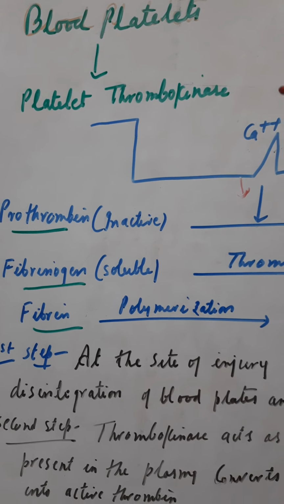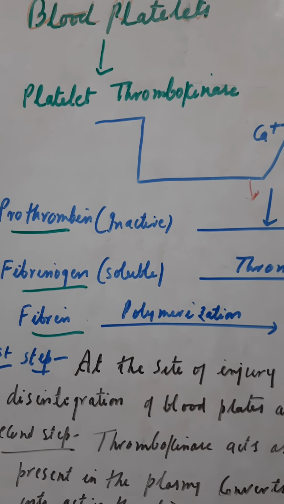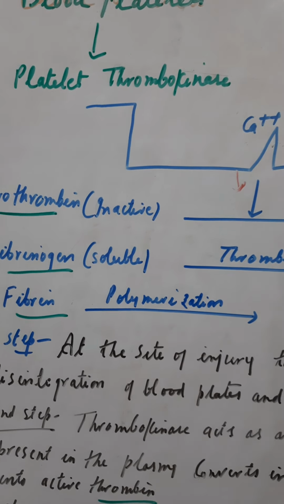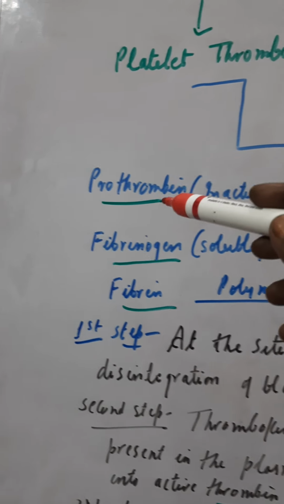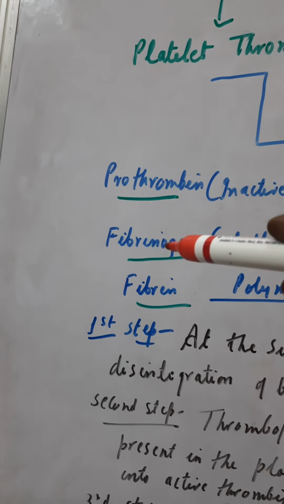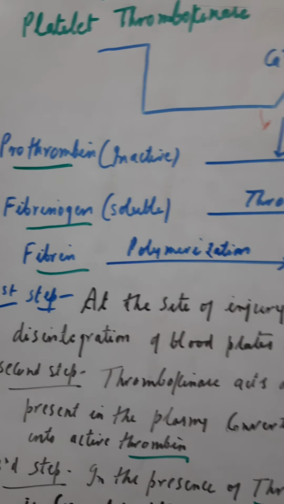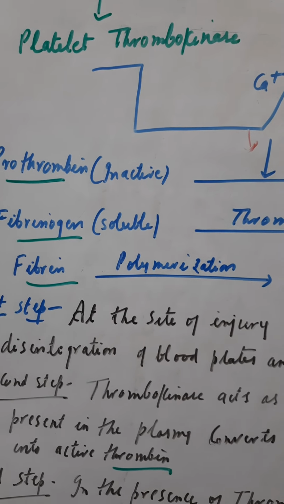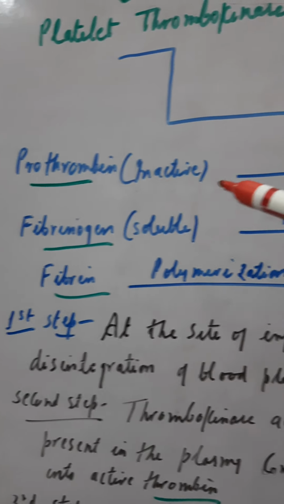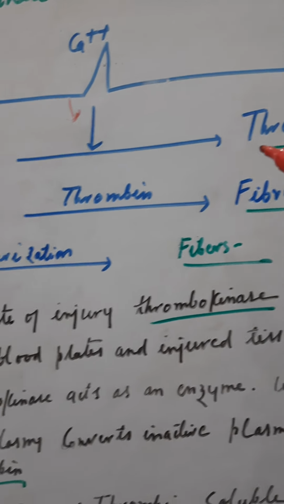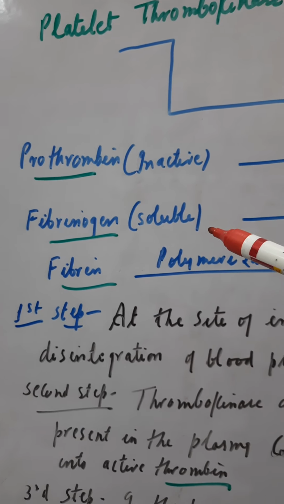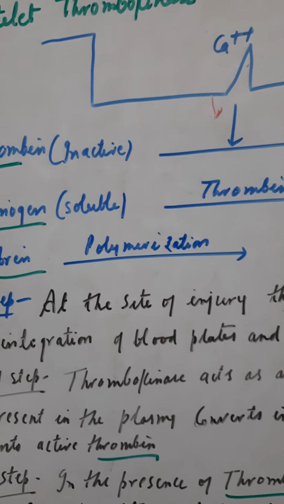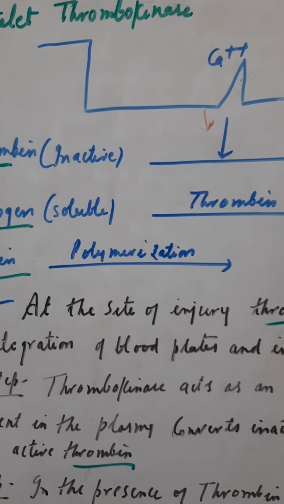And what is the nature of thrombokinase? Thrombokinase is an enzyme. I had told you in the 9th standard about the enzyme concept, that ASE is attached to enzymes. If pro is attached before, then this is the inactive form, or if gen is attached at the back, this is also a sort of inactive form. It has to be activated. Like here, prothrombin, the inactive form, is activated into thrombin. Here fibrinogen, which is the soluble form, has been converted into the insoluble form. So bear all these things in your mind and ask your questions on my number.